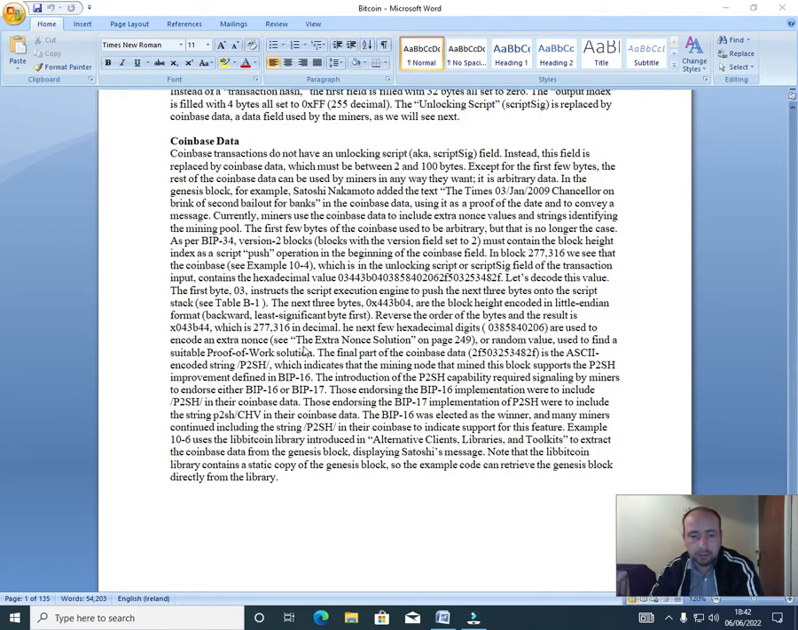The next few hexadecimal digits, 0385840206, are used to encode the extra nonce. See the extra nonce section, page 249, or a random value used to find a suitable proof of work solution. The final part of the Coinbase data, 2F503253482F, is the ASCII encoded string /P2SH/,